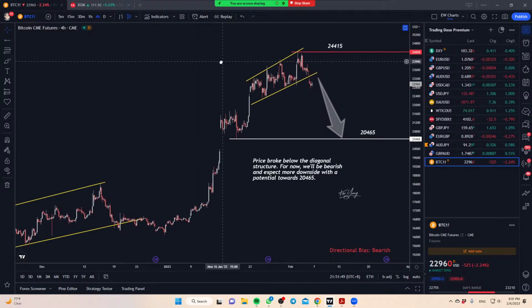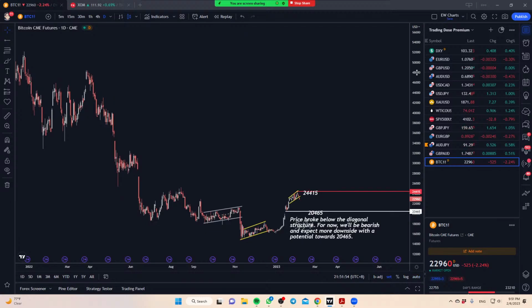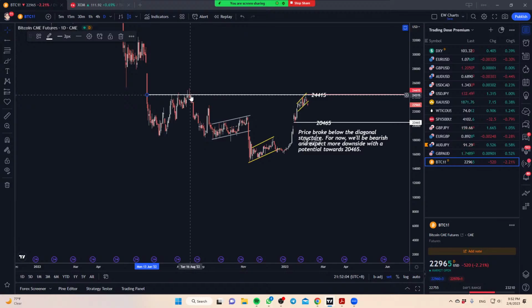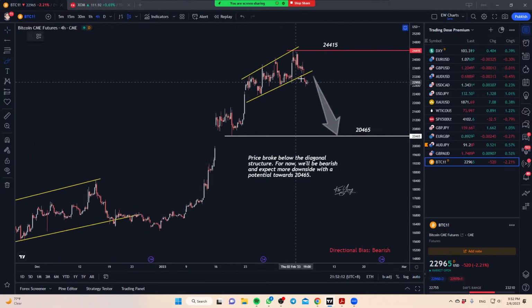Again, Bitcoin is giving us a pretty neat structure right now. Overall, from a daily scale, it has rallied quite significantly, so I'm not surprised if it's going to give you a decent pullback. More importantly, we ran up towards this structure, which is facing a little bit of resistance there. So going back to the 4-hour chart, a move back down to retest that 20465 is not unusual. Short term here, Bitcoin may see a little bit more downside, especially since it broke off this.